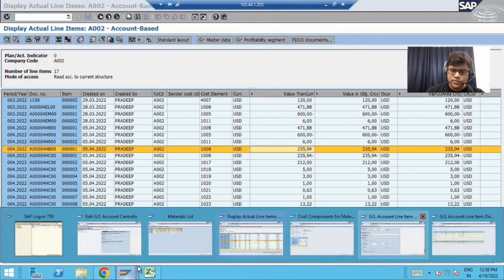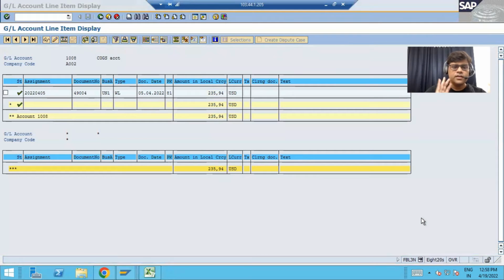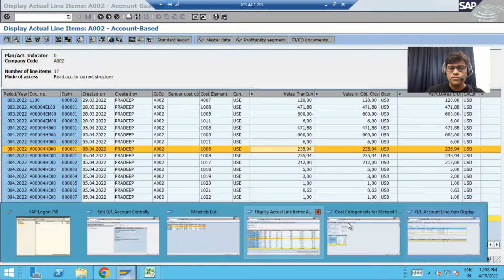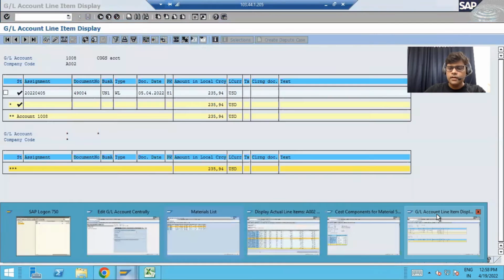Whereas if you check the BSEG entry, it's 0, right? So that means my BSEG is untouched. BSEG is as it is, it is there. But if you check the ACDOCA table, or if I'm going to run the GL report,